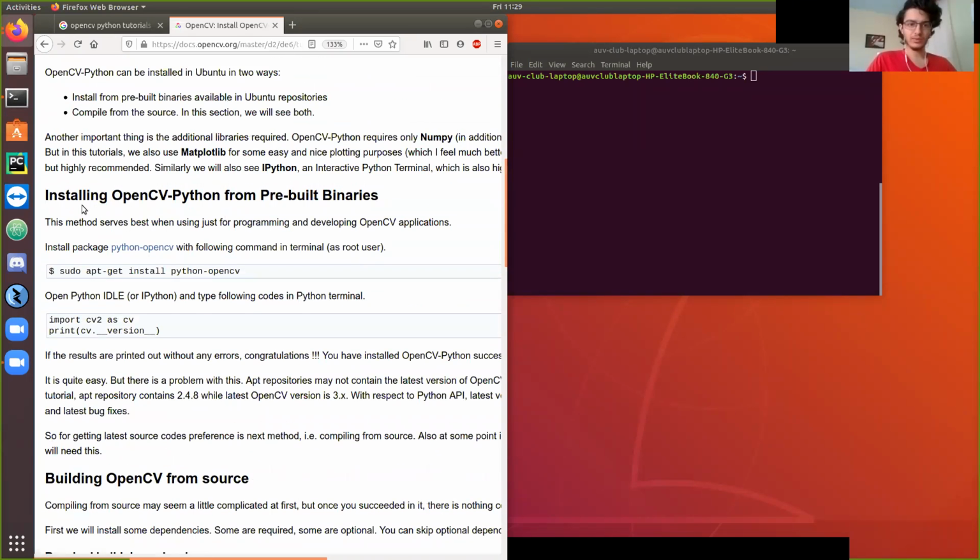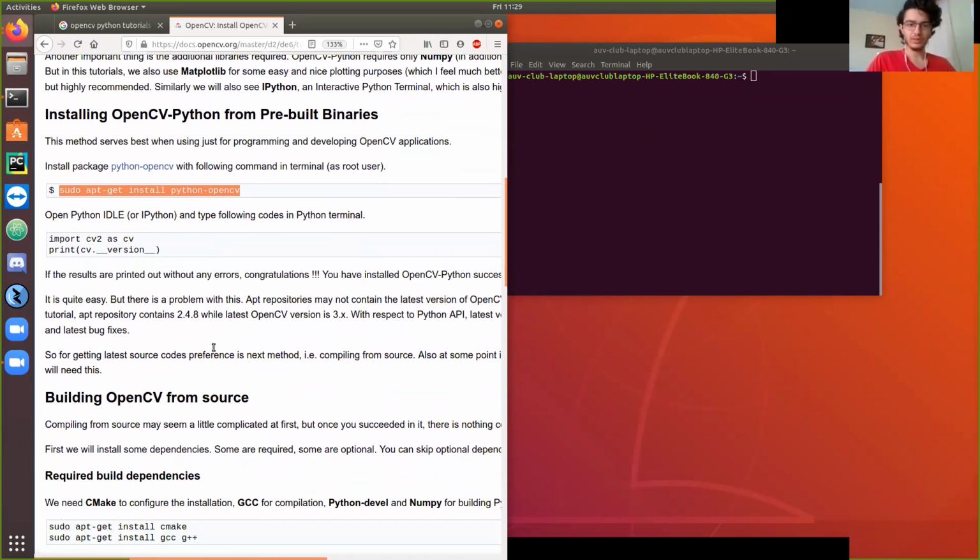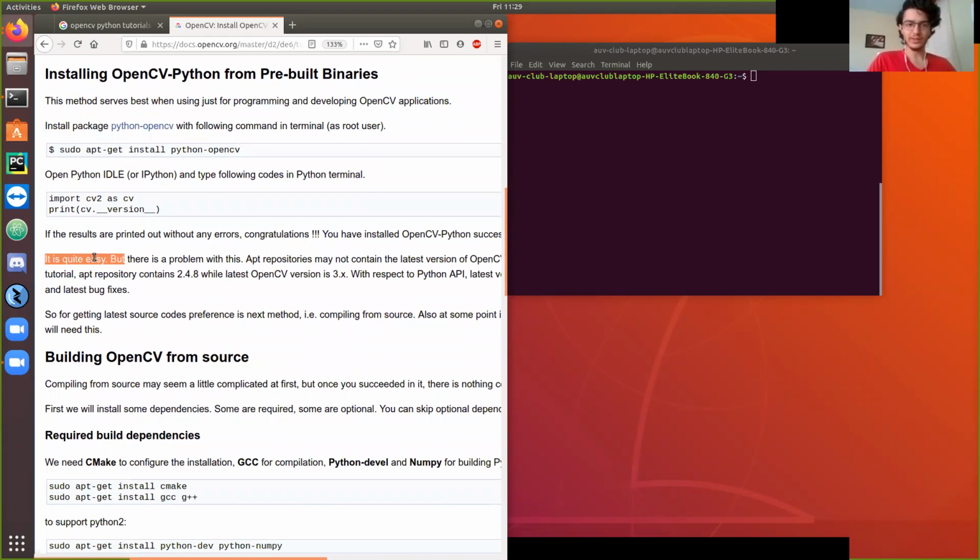Really, the only line you would have to run is sudo apt-get install python-opencv, and that would be it. If it works after that, then you're perfectly fine, you're set up. But it says here in the description that while this is easy, it might give you an older version of OpenCV. If you make a Python file and run these two lines to print the version of what you have, and it's an older version,